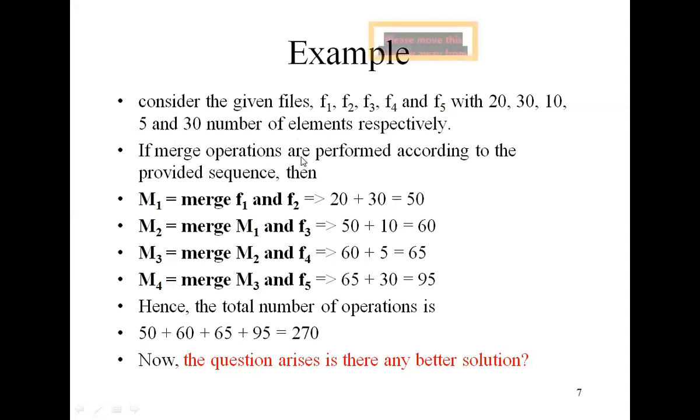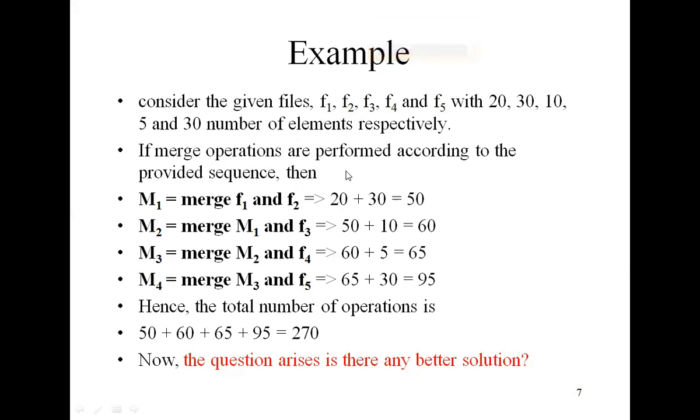Now if merge operations are performed according to the provided sequence, M1 is equal to merge F1 and F2. So we are selecting pairs of files, that means two files at a time, and we want to merge those pairs.